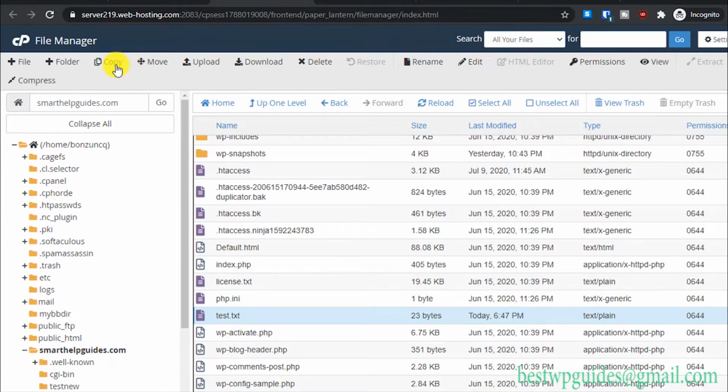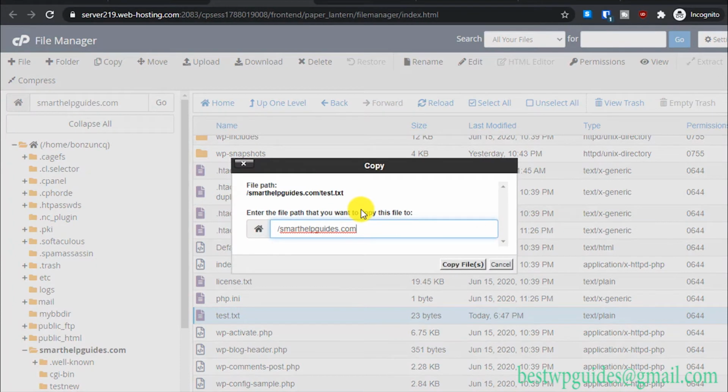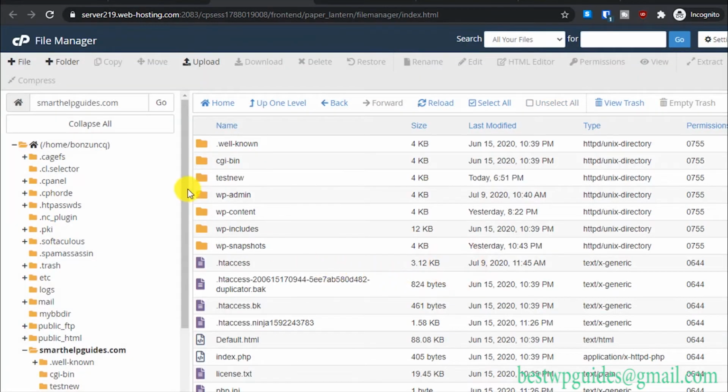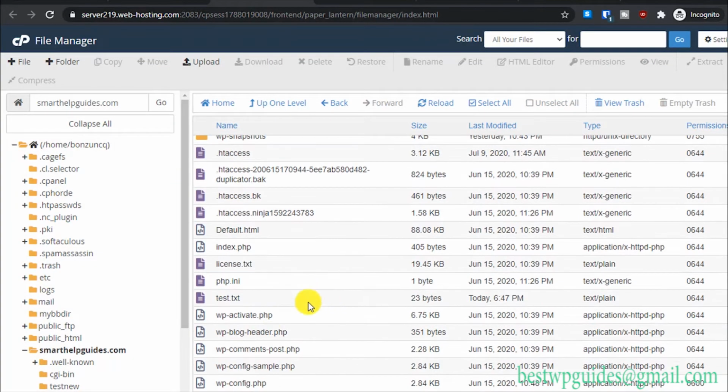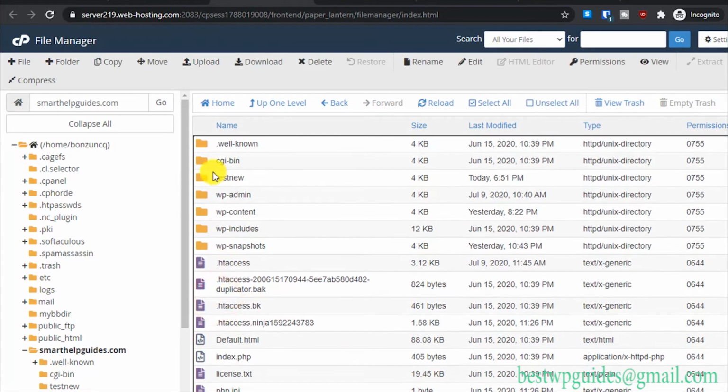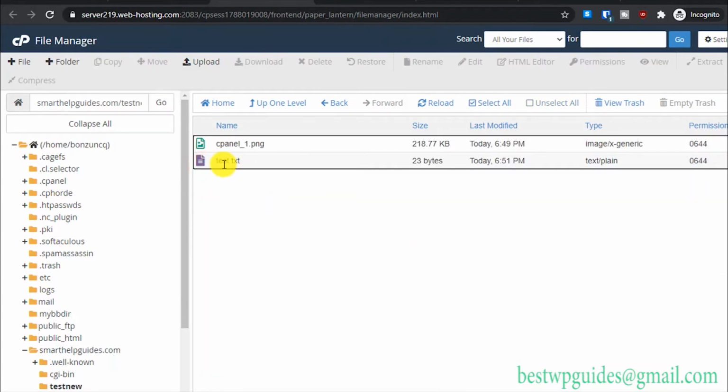So let's copy this, and then here select the directory where you want to copy it. I want to copy it to /test new, the directory we just created. Now let's see if the file has been copied there. You can see this file is available here, and it should also be available here. So I have basically covered how to create a new file, new folder, upload files and rename files. Now let's move on to the important part,